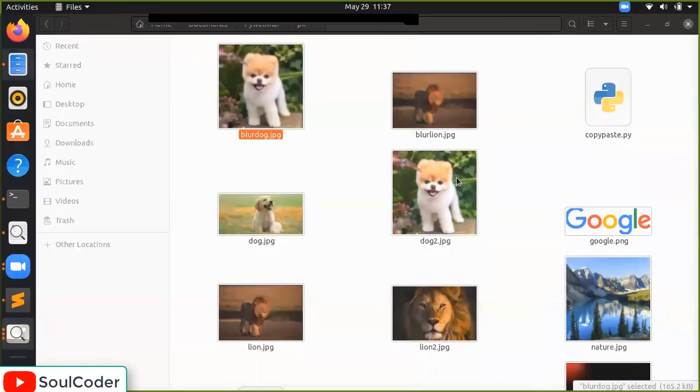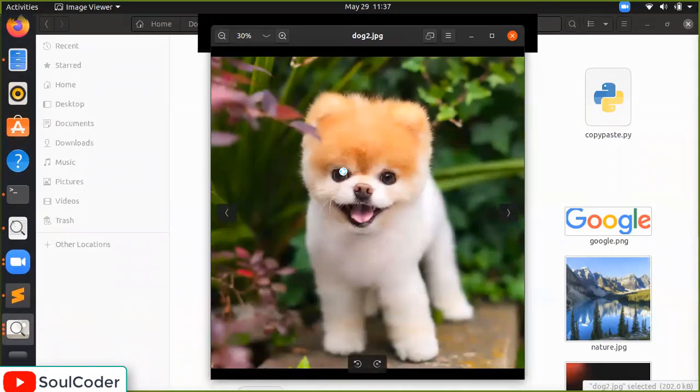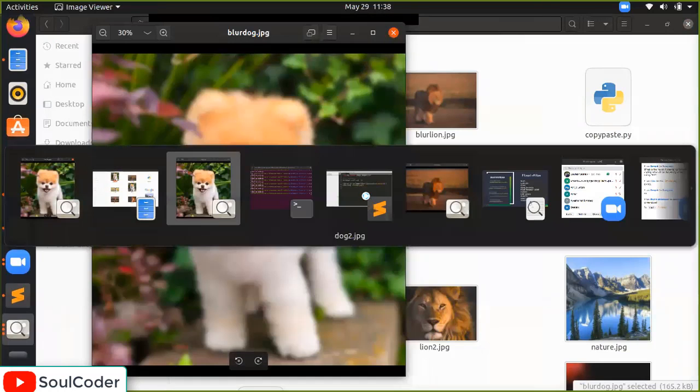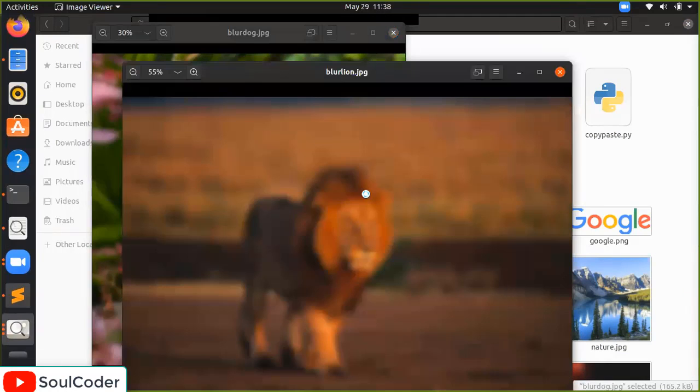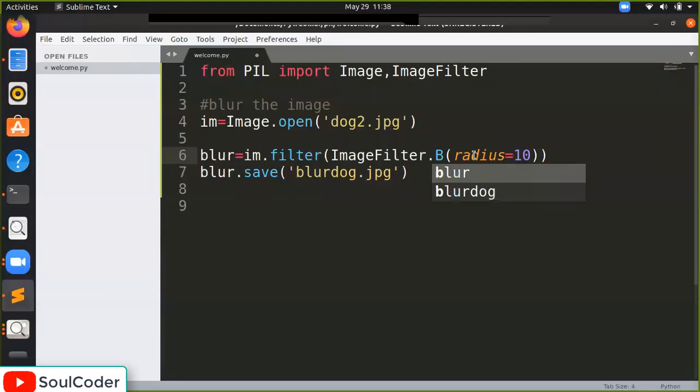You can see both the images. This is the original image, and this is our blurred image. The intensity is 10. We can minimize it, we can increase it.